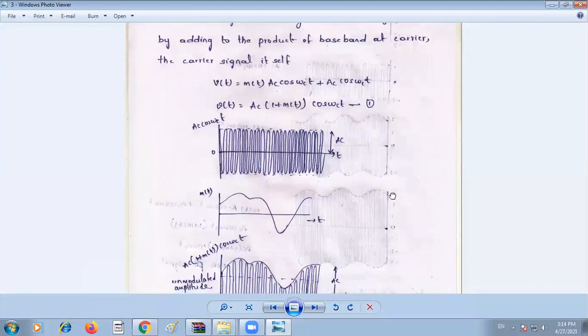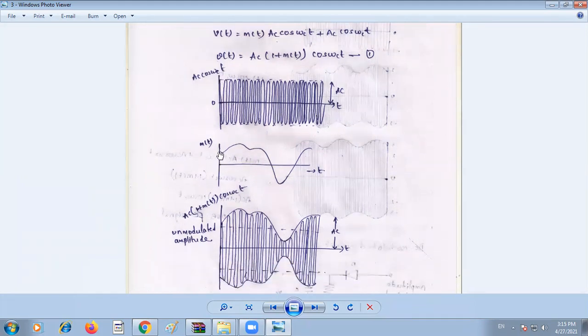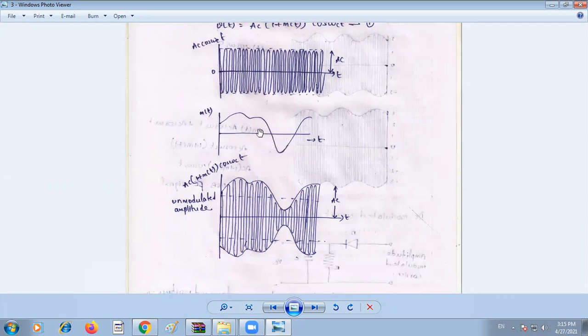Okay, now let us see it at the graphical level. The carrier signal has high frequency, with 0 to 1 amplitude. This is Ac cos omega c t. Ac is the amplitude of the carrier signal. Omega c is the frequency of the carrier signal. Now this m of t signal is the baseband signal, having amplitude Am and low frequency. After superimposing the m of t signal on the carrier, the carrier amplitude varies according to the modulating signal changes. That is the amplitude modulation definition.